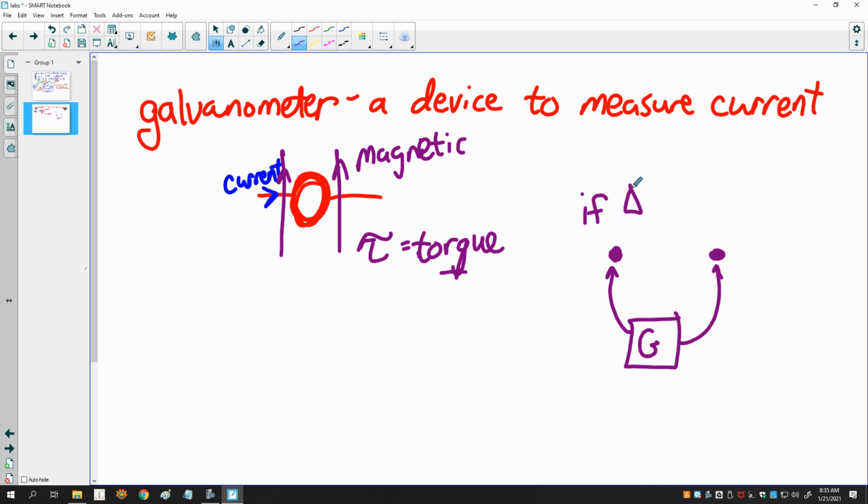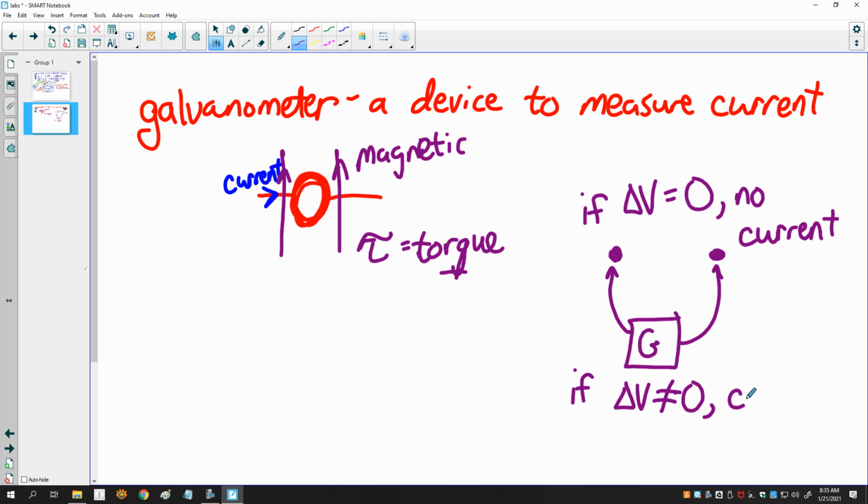If the difference in the potential is equal to 0, that means that there is no current. If the difference in potential is not equal to 0, more than or less than 0, that means that there is a current. So we'll be using a galvanometer to identify points of equipotential. I'll show you that in the procedure on the devices, but that'll be a very important idea that if I have no difference in potential, that is, if those 2 points have the same energy per charge,